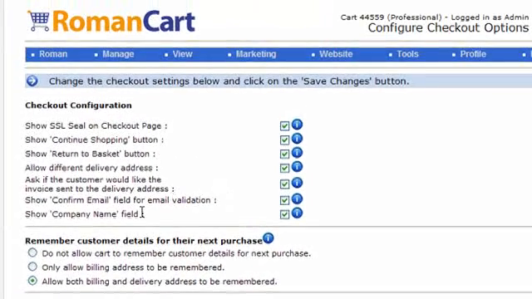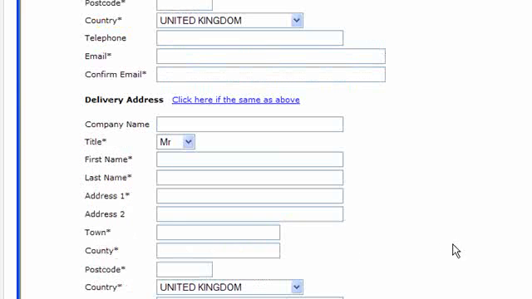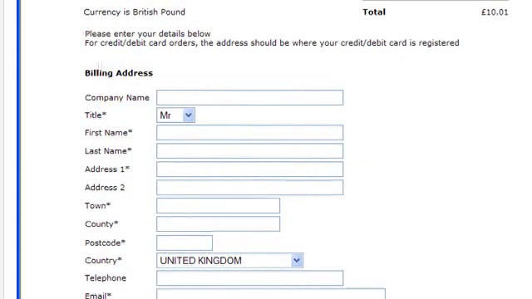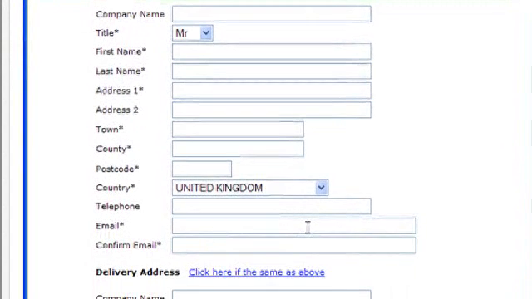And if we go back to this screen, Show confirm email field for email validation. One problem that you might get from time to time is that customers mistype their email addresses, and you really don't want that, because obviously they'll be automatically sent the confirmation email, and you really want them to receive that. So it's important that they enter their email address correctly. So you can have this email field here, you see, so they enter their email address in the first field,